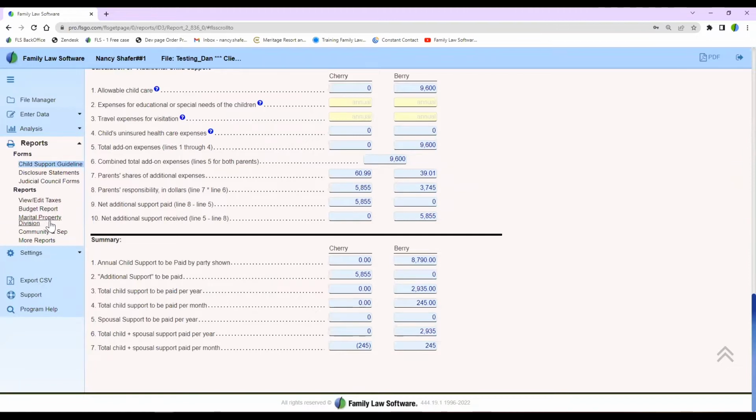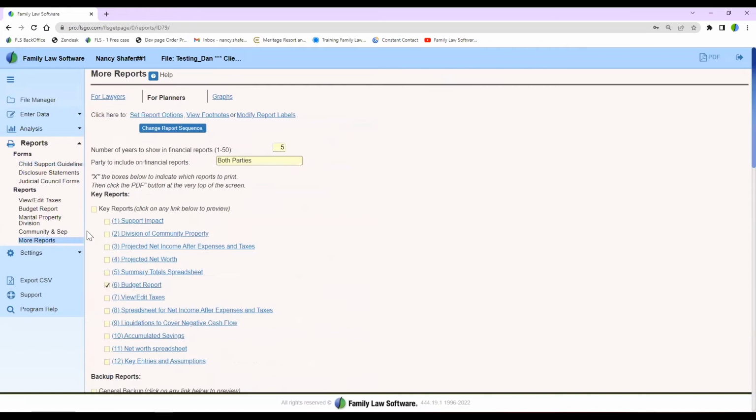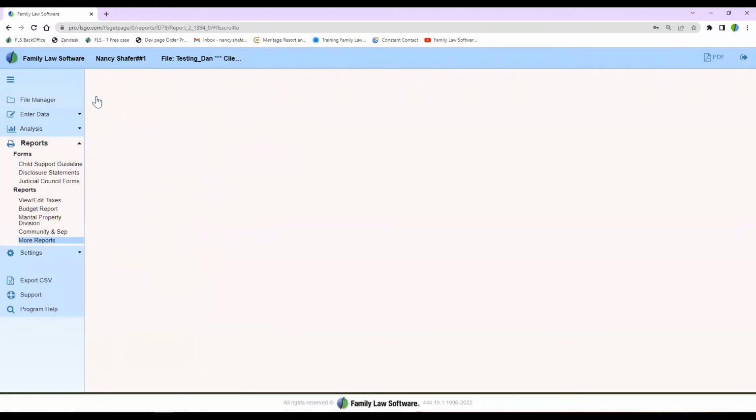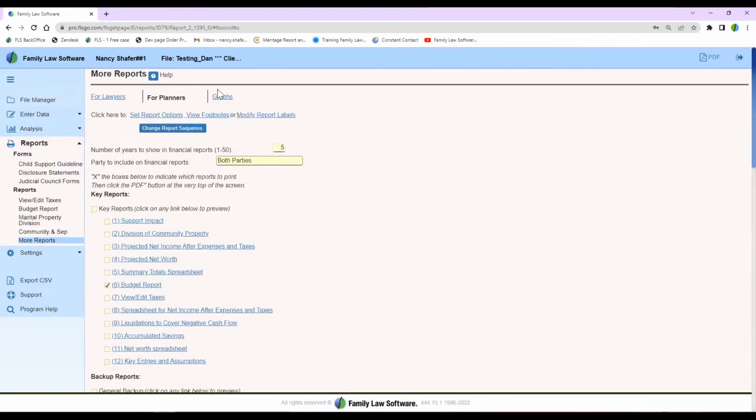Now, the thing is, when they do the data entry, it's never exactly accurate, because that's just how it works. That's how clients are. So what I do when I get the notification that their data is ready, I go into the reports, more reports, and here we have 3 pages for lawyers, for planners, and graphs. And there's a list of reports in each one. On the planners page,